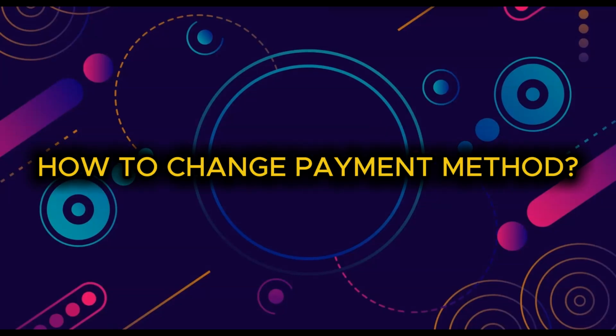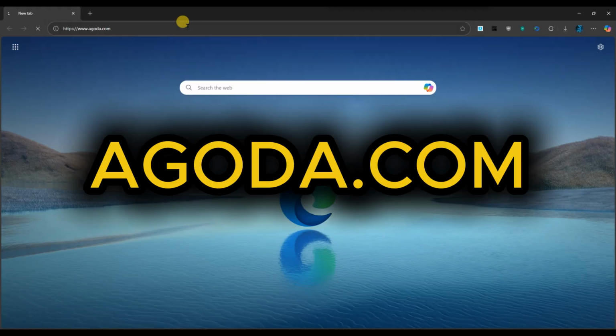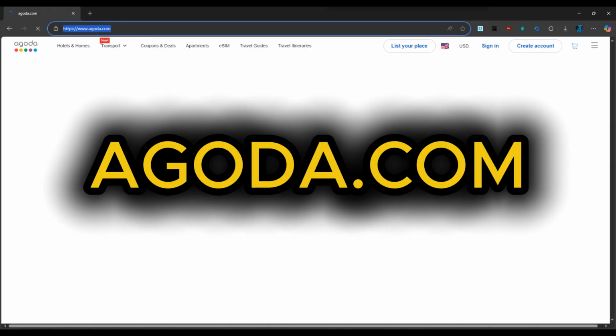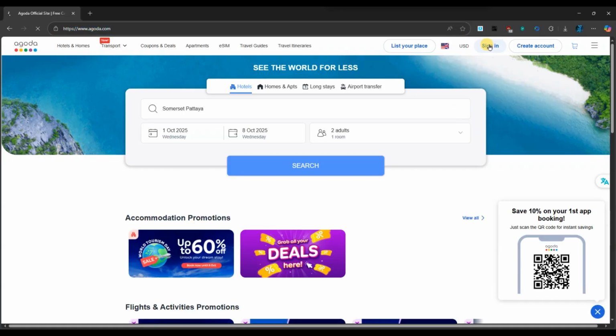How to change payment method on Agoda. First of all, open your preferred browser and go to the official website at agoda.com. On the top right corner, click on Sign in and log into your Agoda account using your email, Google, Facebook